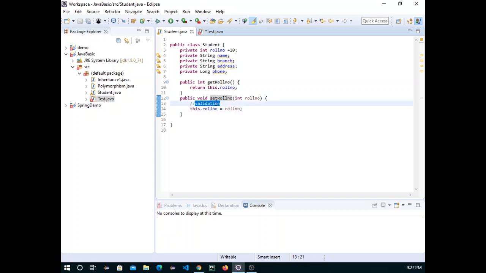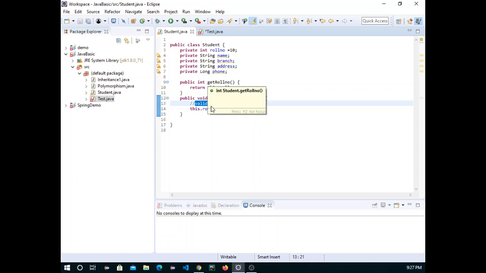So this is called abstraction. We will go into abstraction in detail. So this encapsulation is basically data hiding plus data abstraction. So this is complete abstraction.